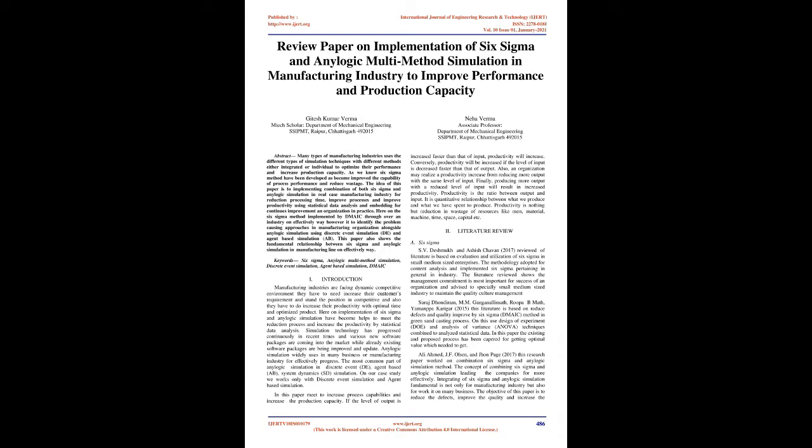As we know, the Six Sigma method has been developed to improve the capability of process performance and reduce wastage. The idea of this paper is to implement a combination of both Six Sigma and Anylogic simulation in a real case manufacturing industry for reduction of processing time, improving processes, and improving productivity using statistical data analysis and embedding for continuous improvement and